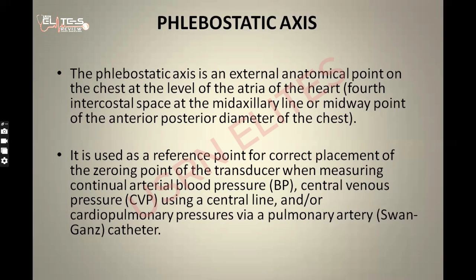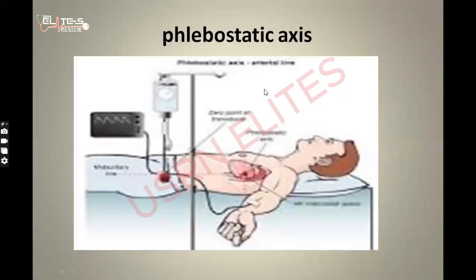That is the fourth intercostal space at the mid-axillary line, or the midway point of the anterior-posterior diameter of the chest. I will show you very soon. So let me take you here. My picture is a bit blurred, but I think we can see the man lying down. You can all see, right? So let me use